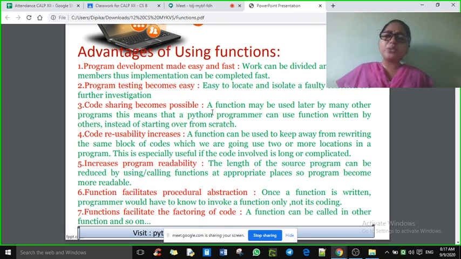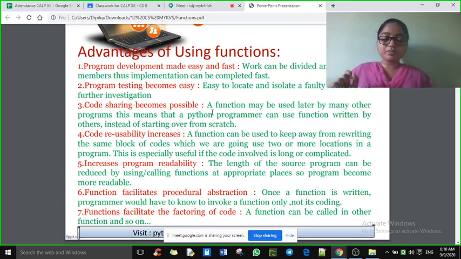So are you going to write down the same block of code again and again 20 times? No, it's not needed. Instead, you can write the formula, half base into height, as part of one function, say area of triangle, and you can call that function whenever you want to